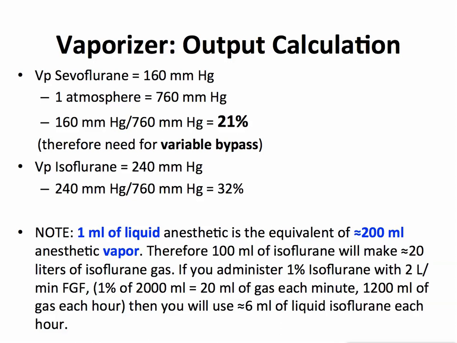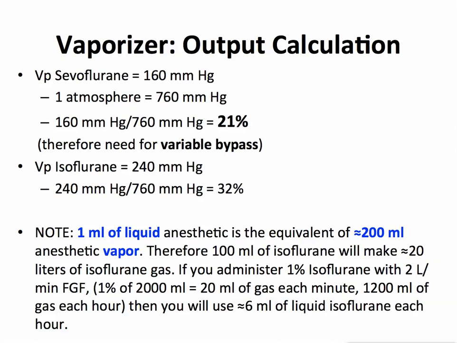Interestingly, 1 mil of our liquid anesthetic makes approximately 200 mils of anesthetic vapor. If you remember that concept, then you can figure out approximately how much liquid anesthetic you'll be using over time. For example, 100 mils of isoflurane will make 20 liters of isoflurane gas. Okay? And if you were administering 1% isoflurane at 2 liters per minute fresh gas flow,